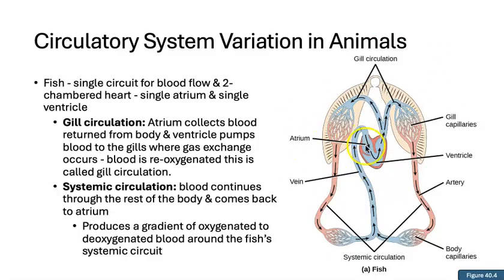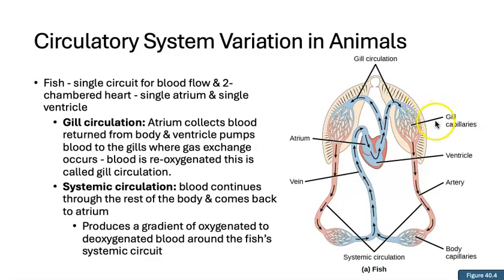So the atrium is going to start to collect the blood returned from the body. So you could see this vein going up, returning and bringing that blood back to the heart, right? And the job of the ventricle is to then pump this blood out of the heart and over to the gills, which we see pictured over here, where gas exchange is going to take place as the fish swims through